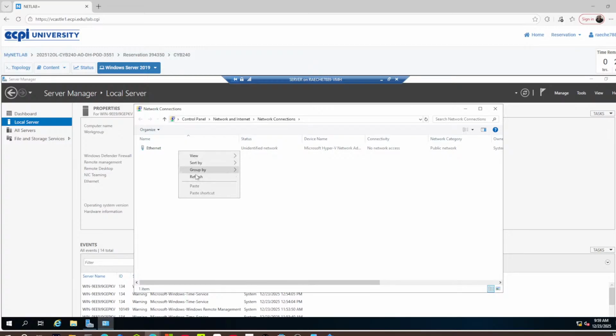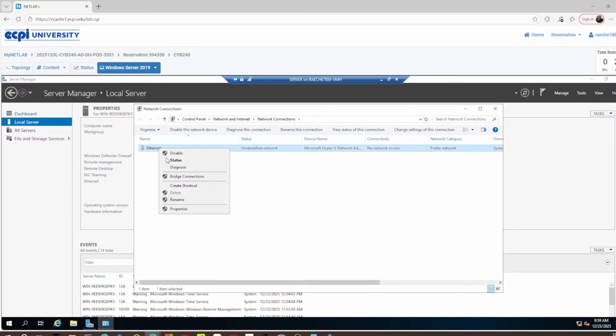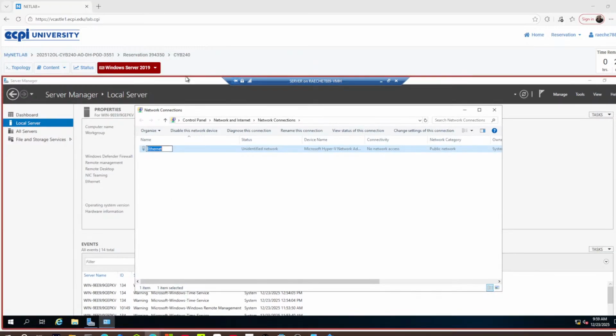And then set the IP address. When setting the IP address, remember that you're going to be using